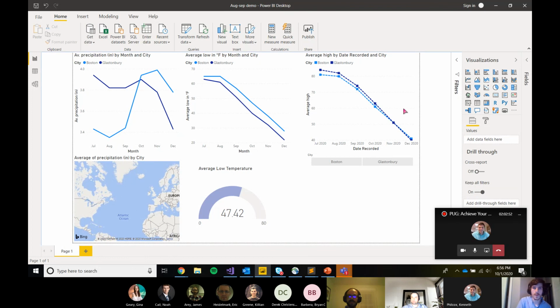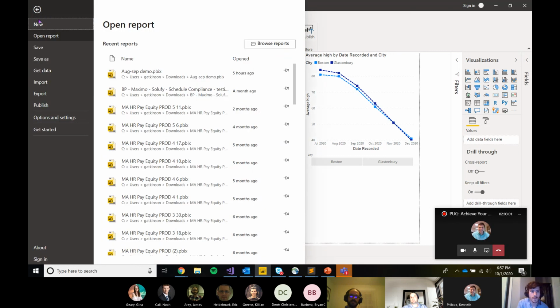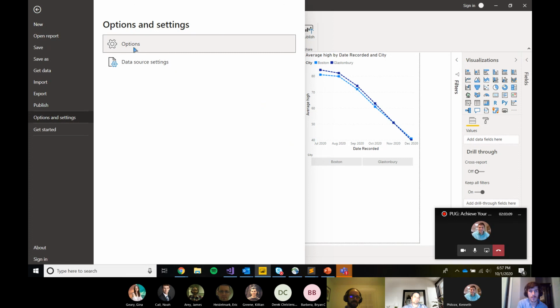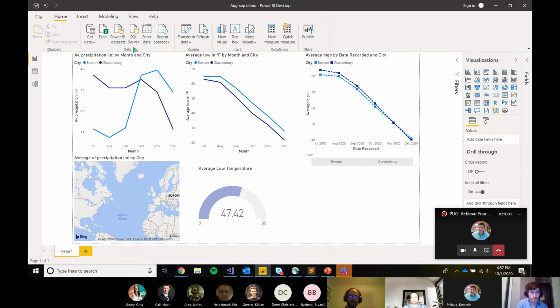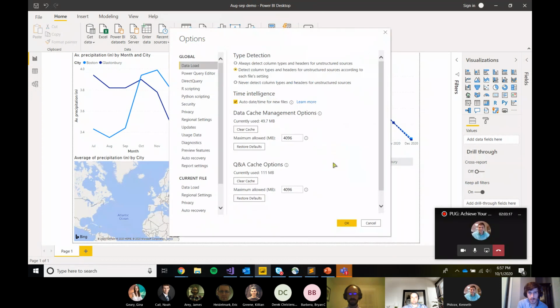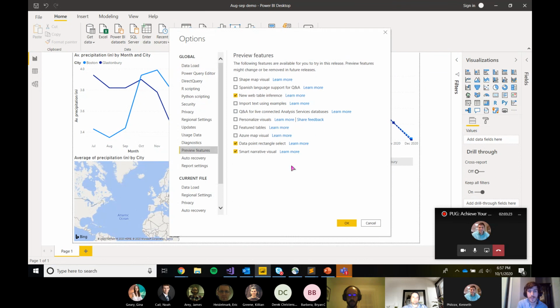So last thing is just how to get these new features, and any new features that were labeled with the little preview in parentheses. These are all preview features within Power BI. So to enable them in a report, we have to go to File, into Options and Settings, to the Options button. Once that comes up, down here on the global list near the bottom is the preview features. We can see these are a lot of the preview features that I mentioned, going over that list, as well as a few extra ones.